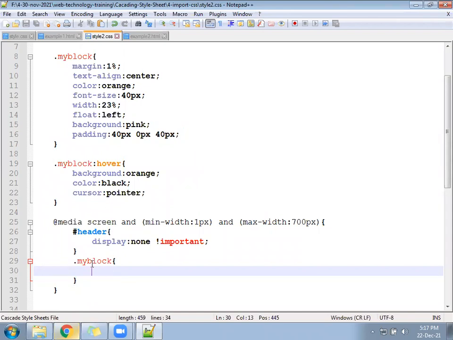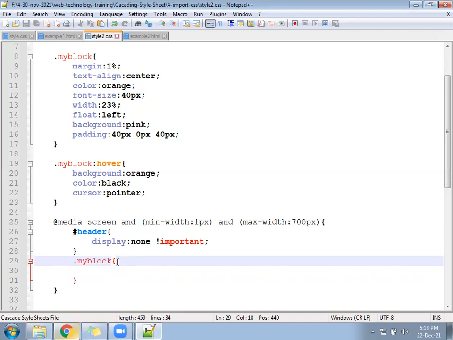Now my block, what will be the width of my block? If you want to create 2 blocks in one line, you displayed 4 blocks with 23%. If you want to display 2 blocks, then what will happen? 50% each. But margin is also there.